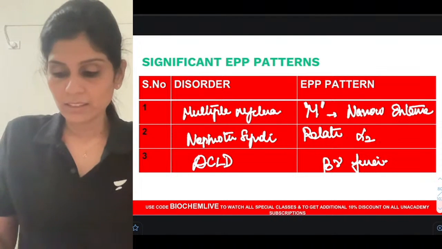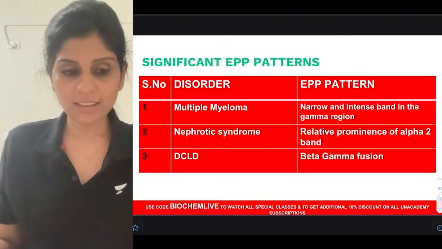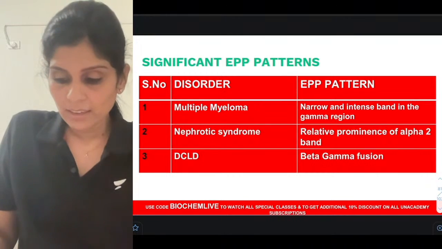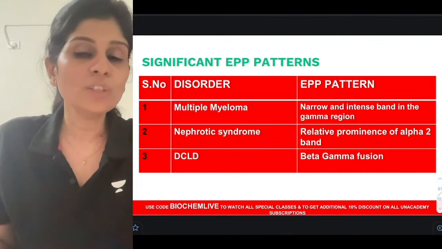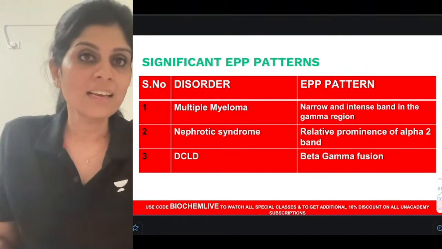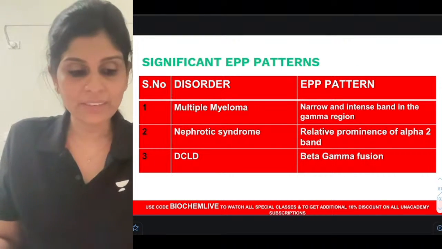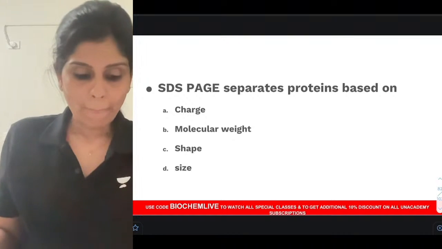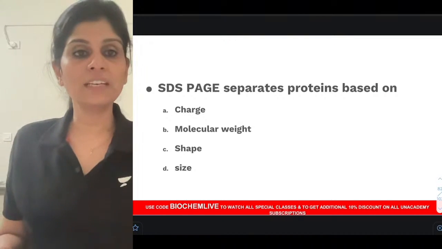Okay. So this is the filled tabular column. So please try to get the PDF and have a look at it again. And try to recollect all these facts every now and then, because when you watch the session, you might think you've understood all concepts and memorized all facts. But after some time, you tend to forget it. So please recall and revise this multiple times. So that's about clinical applications of electrophoresis.